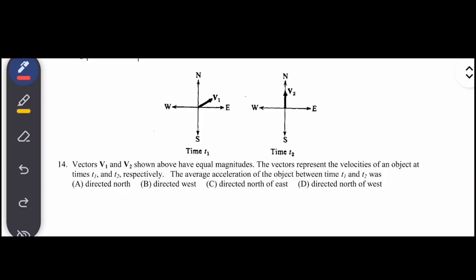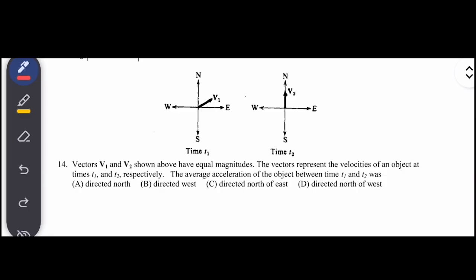It says vectors v1 and v2 shown above have equal magnitudes. The vectors represent the velocities of an object at times t1 and t2 respectively. The average acceleration of the object between time t1 and time t2 was, and then it gives us our directions. So here the question is asking us what the direction of the average acceleration was, not what the value of